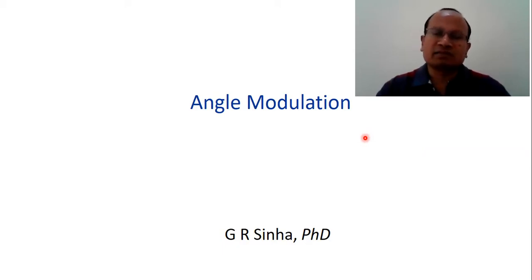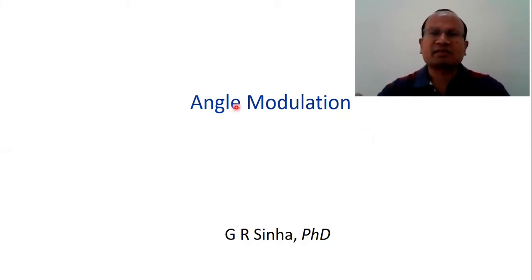So in angle modulation, as angle is the important term, we know that in any modulation method, one of the attributes of the carrier changes according to the instantaneous value of the modulating signal. Or we also can say that one of the attributes of the carrier signal changes in accordance with the amplitude of the message signal. So what is the attribute here? The attribute here in this method is angle.